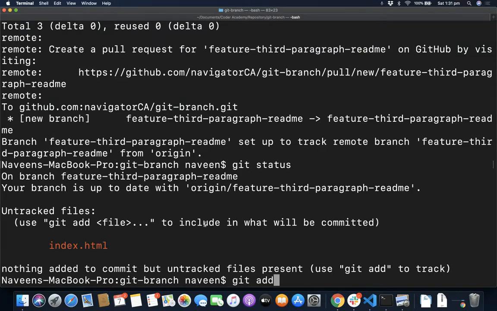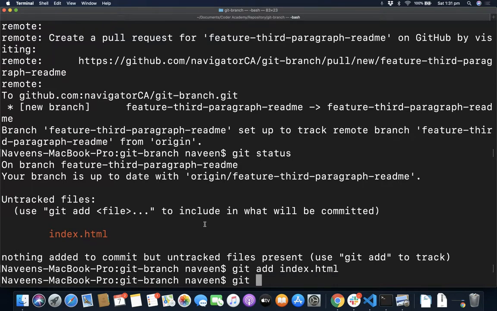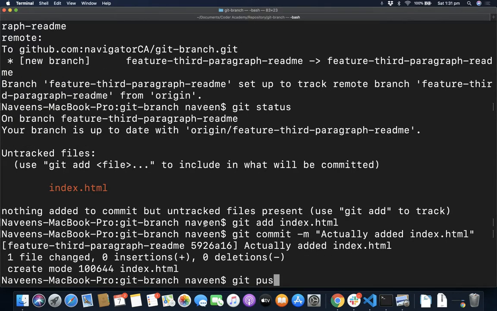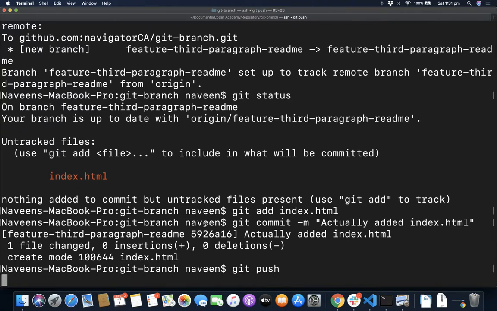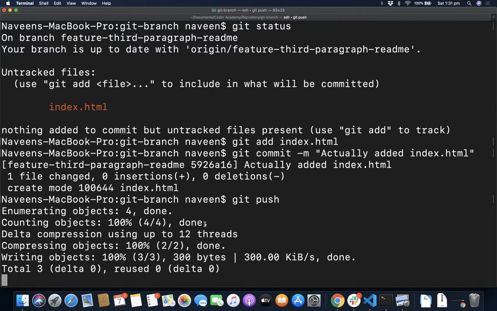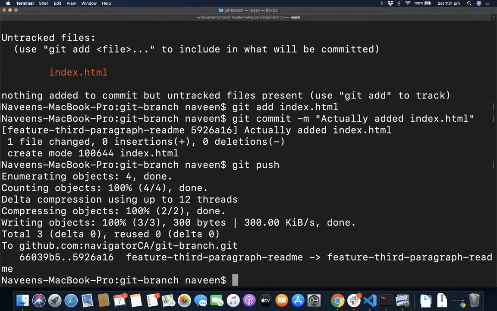So git add index.html, git commit -m "actually added index.html", git push. Do you actually have to specify the file in that case, or can you use something else? I could probably use -a or something like that, but because it was untracked, you need to